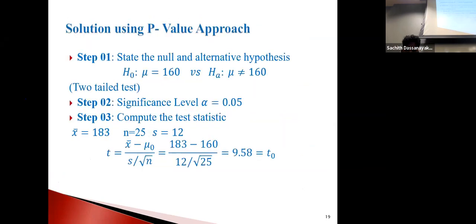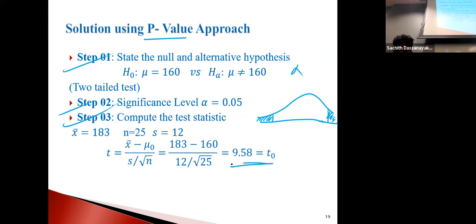Okay, if you are using the p-value approach, the first three steps are the same. But the third one, since you are using the p-value, this is what you need to do. Let me draw this. This is two tail, so again your areas are like this. You know your alpha, so keep it aside. Now you have figured out what your t naught is. Based on this t naught, find the alpha value, or alpha over 2.